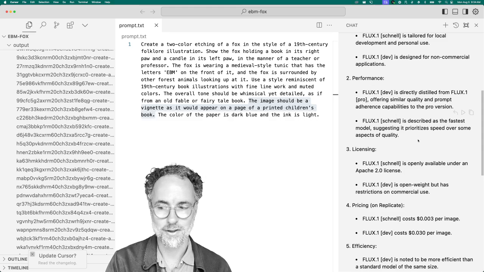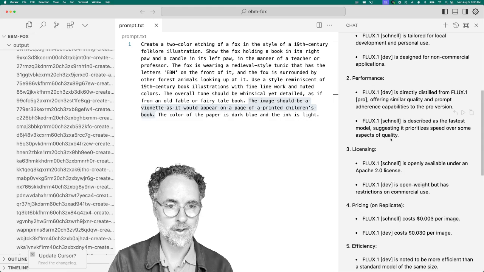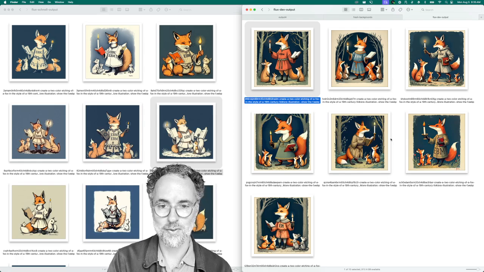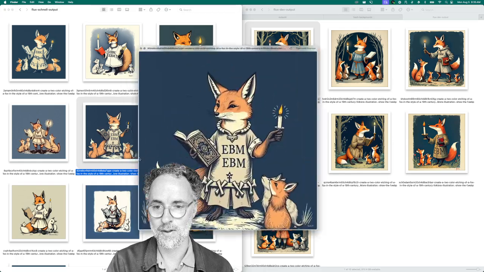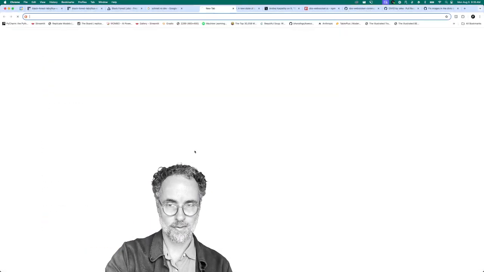So just a little warning as you're working on this stuff: try out different models, because you might get entirely different results. So what I ended up doing for my project here was I found one of these outputs that I liked from the lower res Schnell model, and then I went to